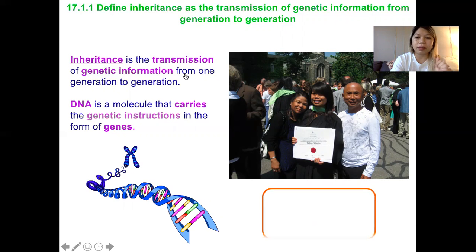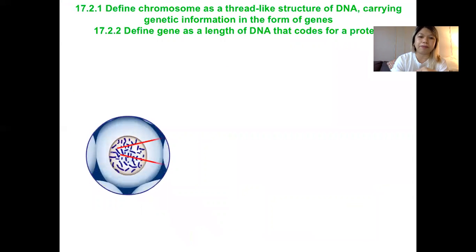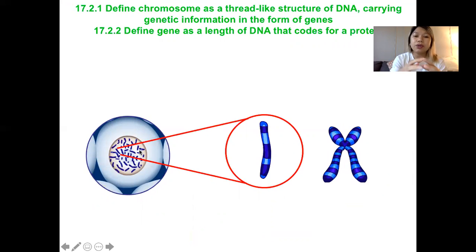So if you remember what DNA stands for, it's deoxyribonucleic acid. And within our DNA structure, you can find bases that are sequenced that will result in a certain gene that you have, that will code for a certain protein, that will result in a certain trait that you possess. Okay, looking inside of our nucleus then, inside our cell, you can actually see chromosomes or